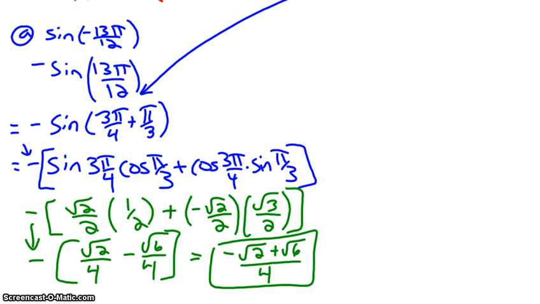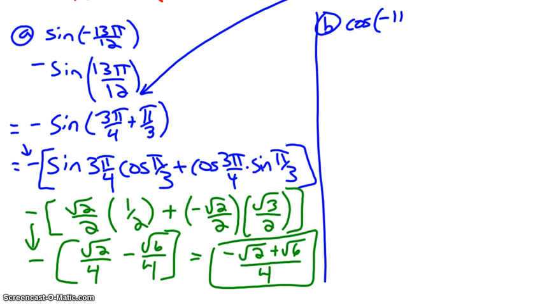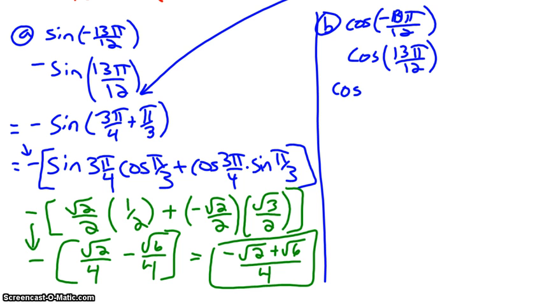Now we will take a look at B for cosine of that same negative 13 pi over 12. And this time cosine is an even function, so that is the same as just having cosine 13 pi over 12. Once again, that is because we have an even function as cosine. So we'll split this up in its sum and difference form. So I have cosine of 3 pi over 4 plus pi over 3,